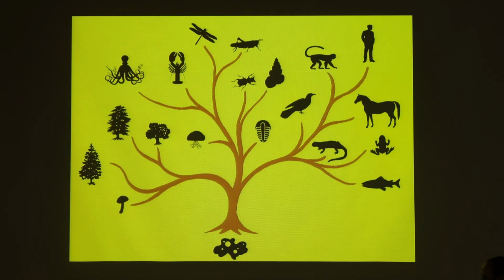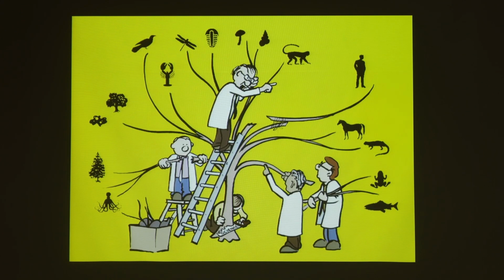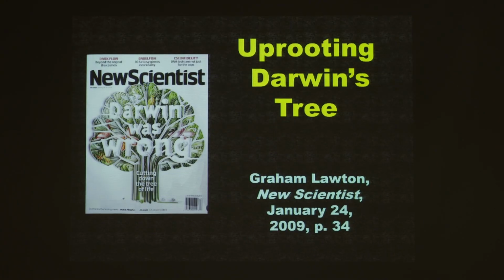Tree of life, probably seen things such as this. Again, we have the supposed soup of life, whatever that was at the beginning, and then eventually all these different forms of life coming from that base, the branches being based kind of on what's similar to each other, connecting it. Well, do you know that the tree of life has actually been cut down recently? And do you know who's cutting it down? It's science. Here's the evolutionary magazine, New Scientist. What does it say? Darwin was wrong, cutting down the tree of life.